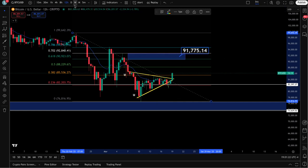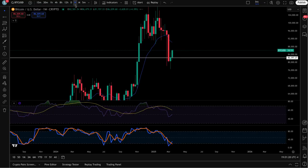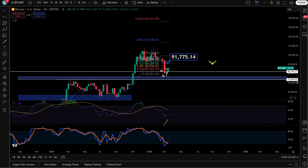The RSIs, you got your daily RSI heading to the upside, looking great. Look at this, the weekly turn. Look at it, bullish, heading to the upside. If it gets up towards that 92 area overall, that's going to put us